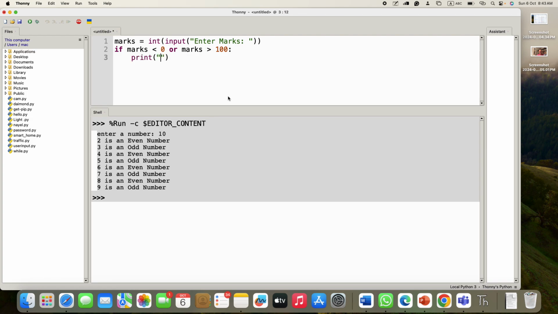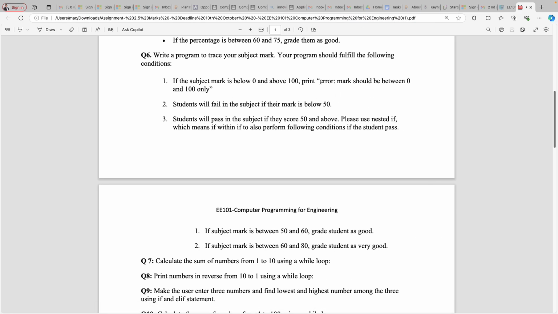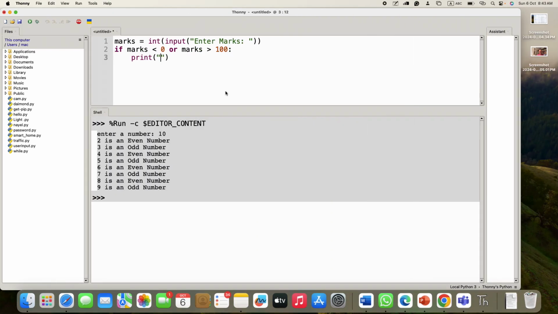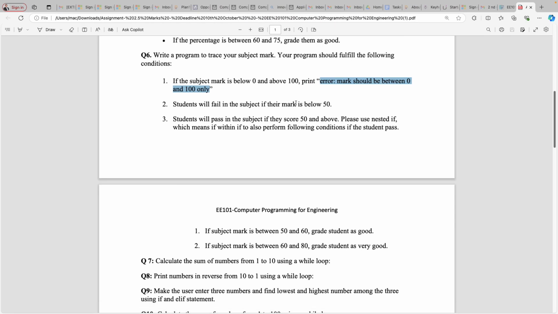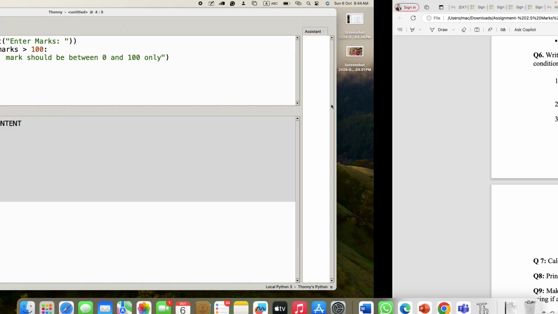What error? Oh, you don't have to do anything. You just copy paste the error. You see here this error? Exactly the same error you copy paste, because that's what's been asked. Right? Here we go. That's it. And what else then? Then it says the student will fail if the marks is below 50. So then you say